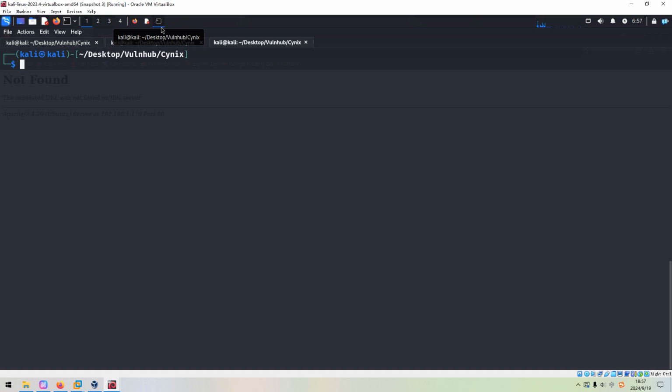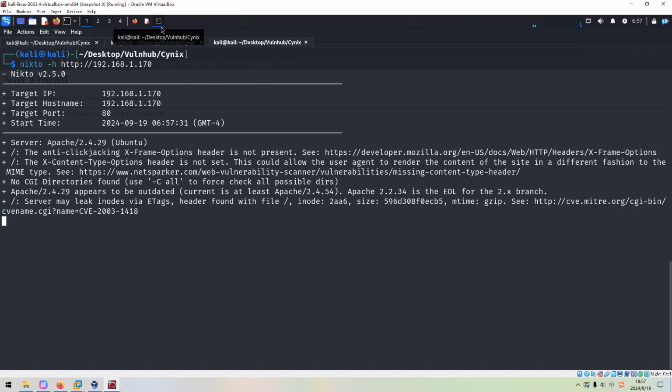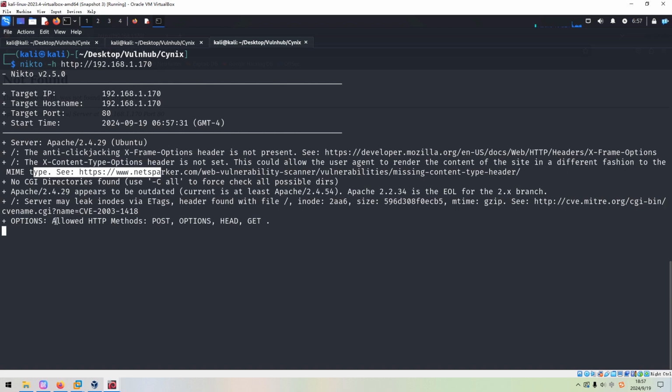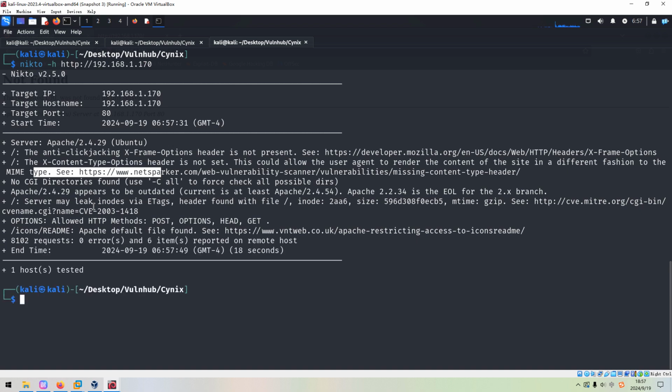Okay, so now we can launch Nikto to do the automatic enumeration. As you can see over here, the banner information, the header information, and also allowed HTTP methods can be reviewed by Nikto. But so far, nothing interesting we can get.